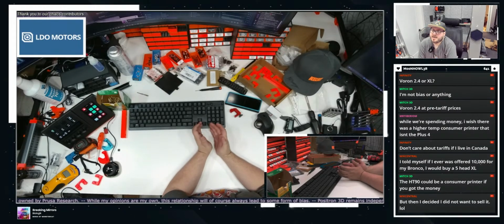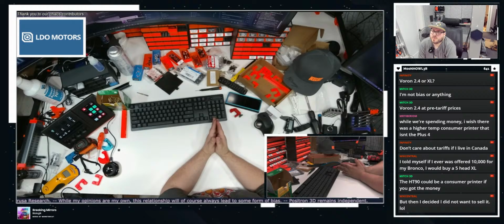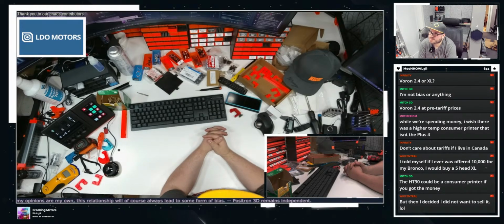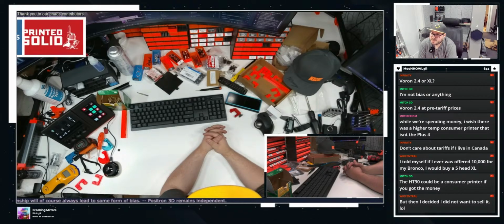Now, I hope to see there be a refresh to it, because especially after the Index, I think the XL could be a lot better. But yeah,